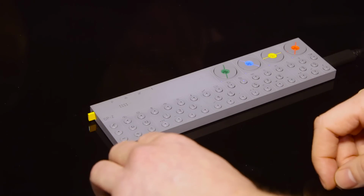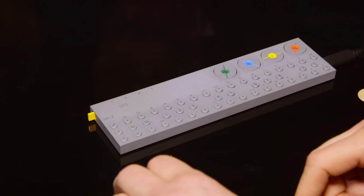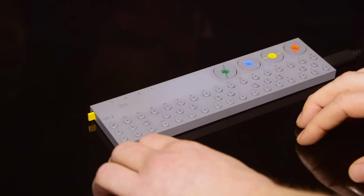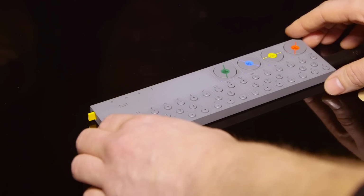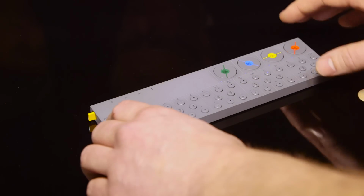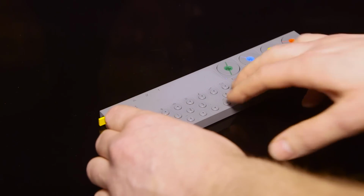I can also make a track longer. So now this track runs at 1/4 the speed. That allows you to make longer chains outside of the original 16 steps. So I usually use that for chords. So I can do a bit of...